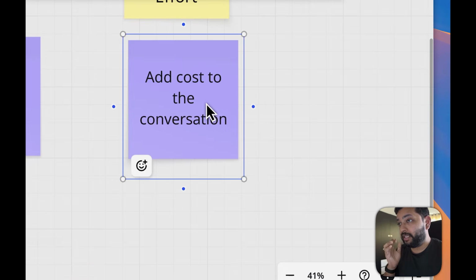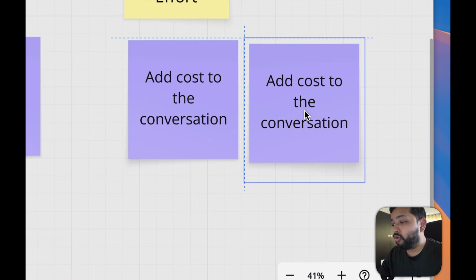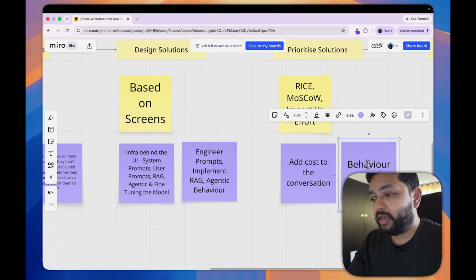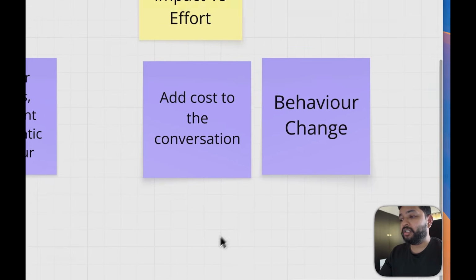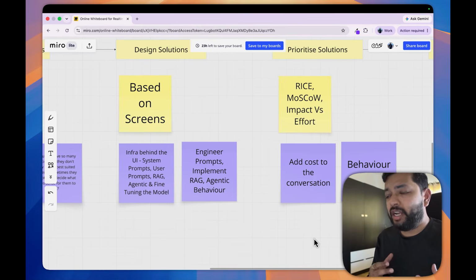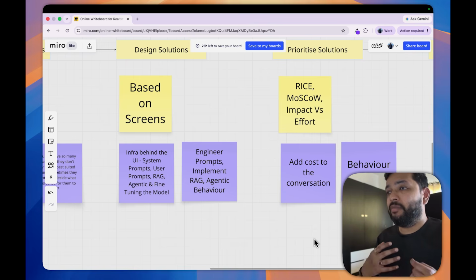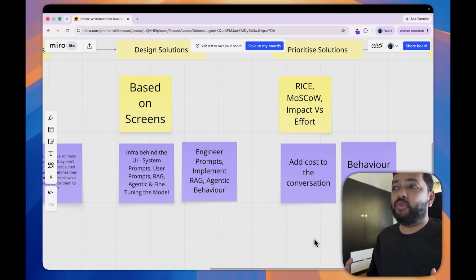The second important piece that you need to know is also behavior, right? Now, most AI products also include behavior change. I am used to clicking a button and placing an order. I'm not used to telling a chatbot to place an order for me, which is why whenever you have a behavioral change, you budget a bigger timeline for that behavioral change to happen, because it wouldn't happen so fast, right? This is a lesser important piece, but the most important piece is that you add cost to the